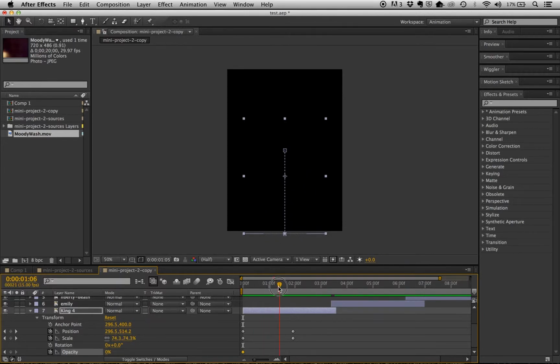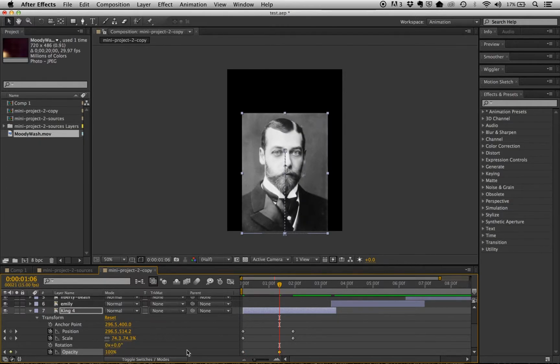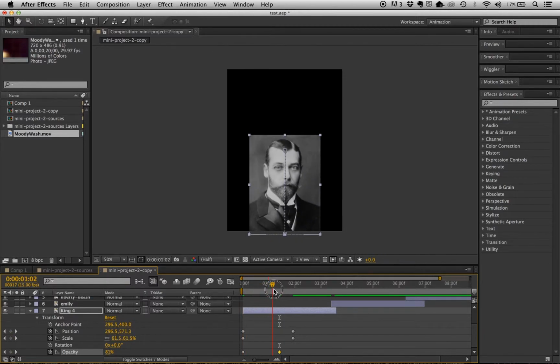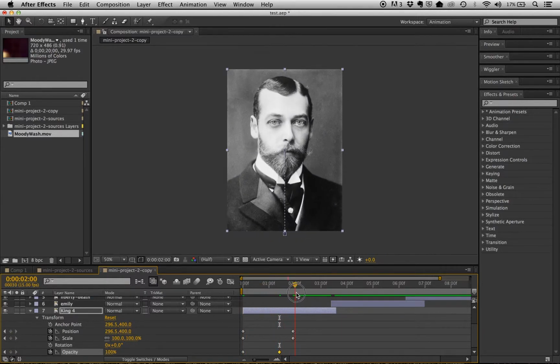So I want it to be basically 100% when the size of the image is just about full, so about here. We don't have to put another keyframe in, we can just roll the playhead and then scrub to 100. And After Effects will automatically put the keyframe in, scrub it up to 100, and then it will stay there. And then basically I'd like to go from 100 back down again. So if I put a keyframe in and it goes down, it will slowly go down from this point, which isn't what I want. So I need to put a new keyframe in that keeps it at 100, so I